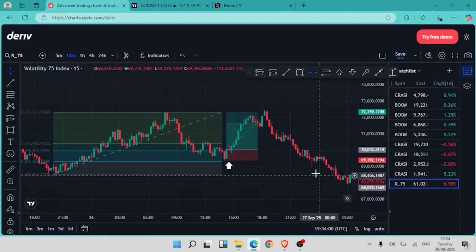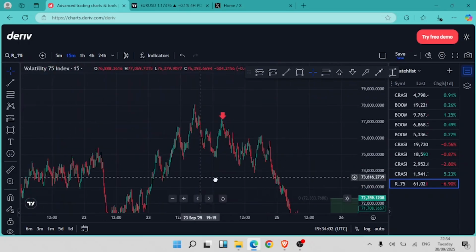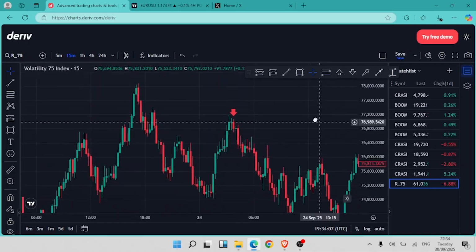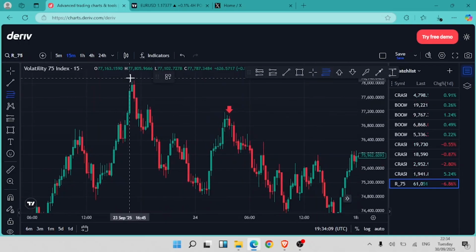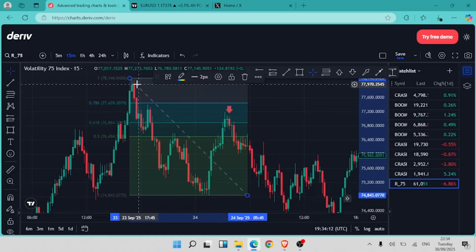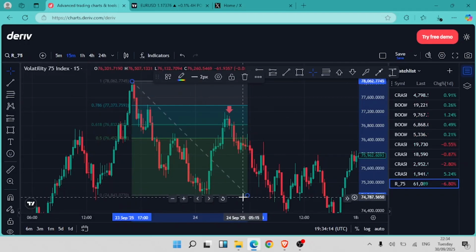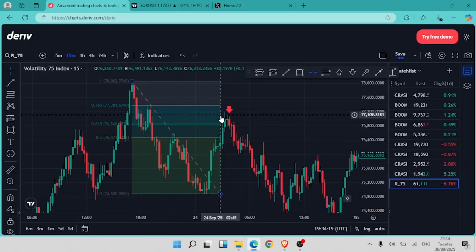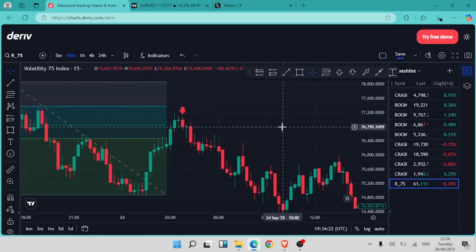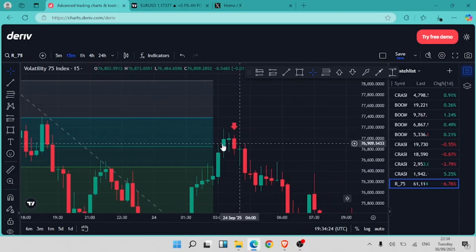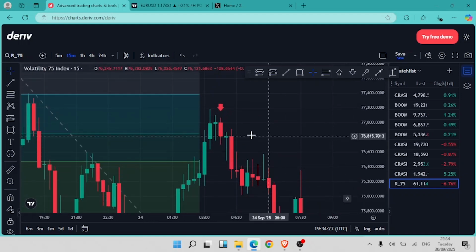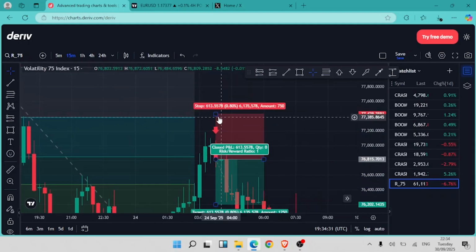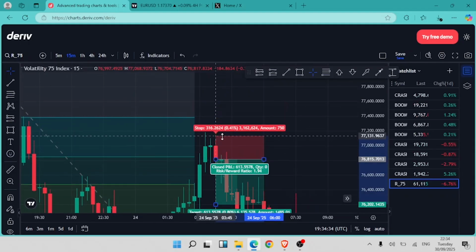So that is another example. Let's look at another one. You can see we had significant price moving lower from this point to this point, and then we have price now retracing to the 61% of this Fibonacci or the dealing range, and then we have an engulfing candle to the lower side. So first way of engaging is at the close of that candle, then stop loss just above it